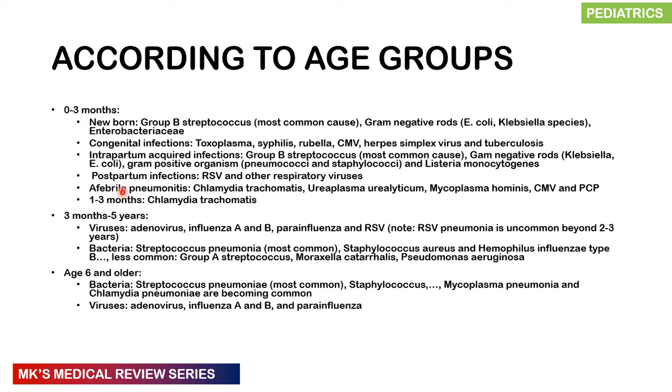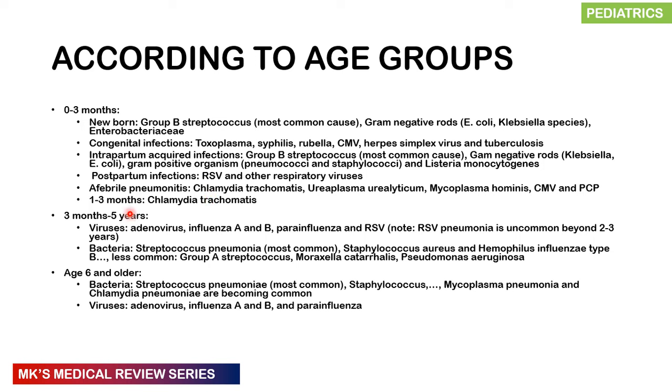Sometimes they may get an afebrile type of pneumonitis, which is caused by atypical organisms such as Chlamydia trachomatis, Ureaplasma urealyticum, Mycoplasma hominis, cytomegalovirus, as well as the PJP. This was renamed from PCP. Then, of course, if it's between 1 to 3 months, Chlamydia trachomatis is very, very common, so you must be